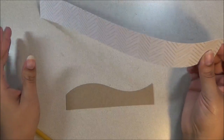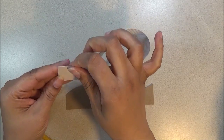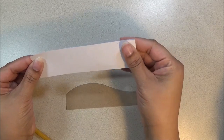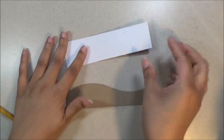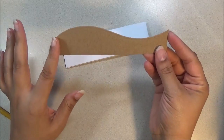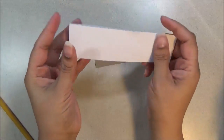Okay, we're going to do this the old-fashioned way. So what you do is take your 12-inch strip of cardstock or scrapbook paper. Mine's a little thick right now. So you're going to fold it in half. Now the template that I have provided, you're going to trace it on some type of cereal box or cardboard. And you're going to take the fold line